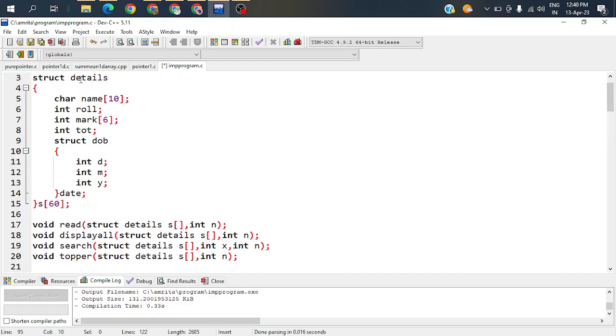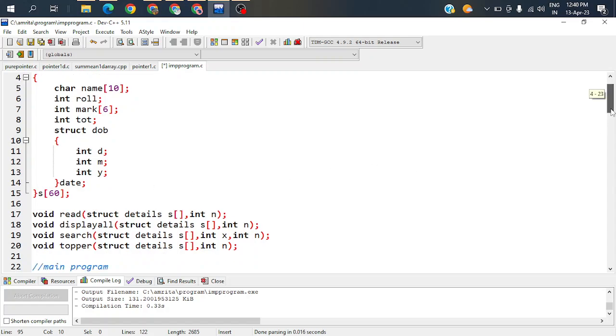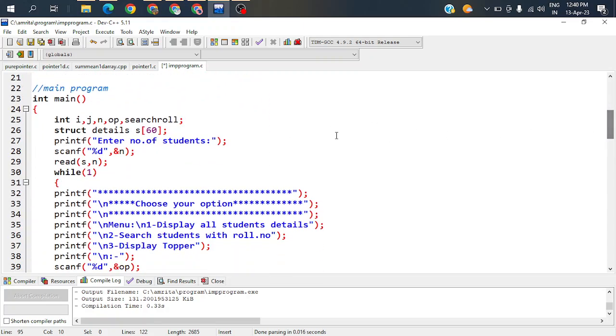Now this is the structure they asked you to write with the details: name, roll number, marks of 6 subjects, total, and the substructure of date of birth, date, month and year, and the substructure name is given as date. The database should be created for 60 students, so S of 60 should be taken. Now in the main program, first we are going to enter how many student details you want to enter right now. Afterwards, read